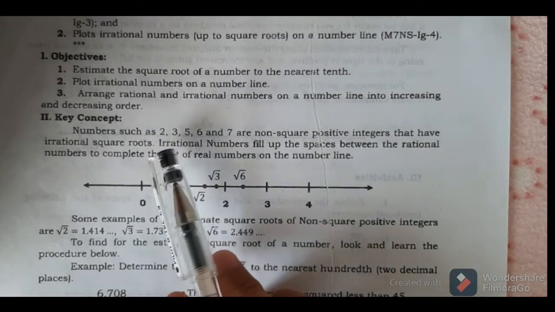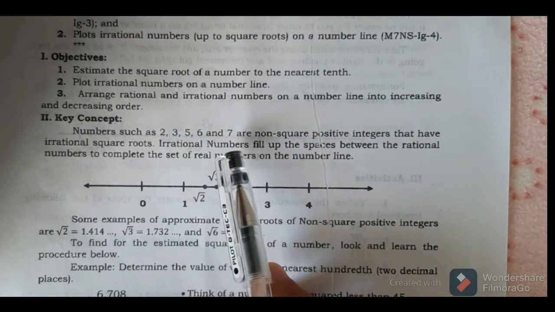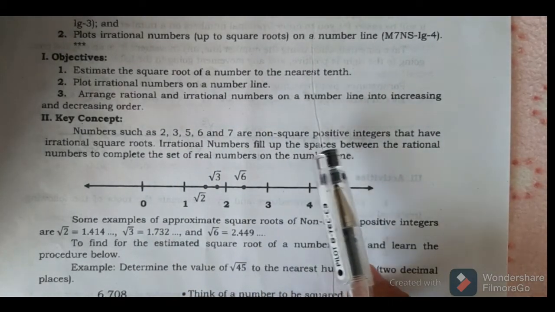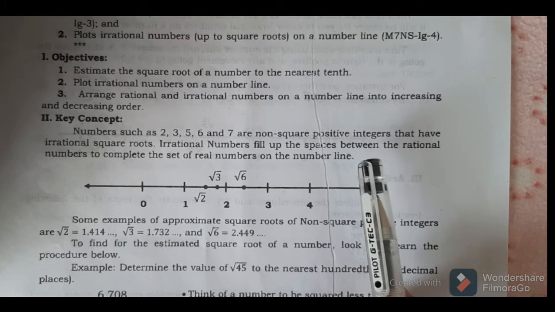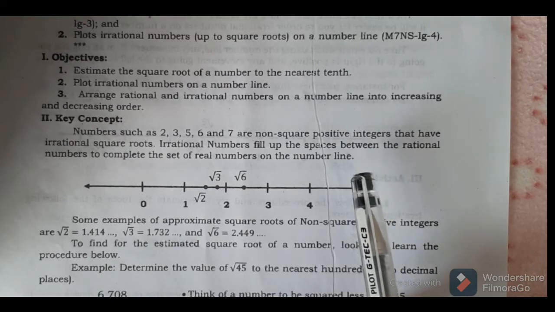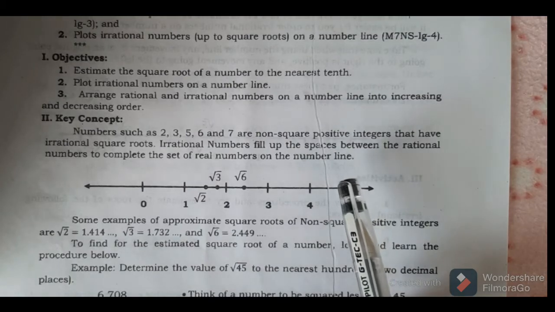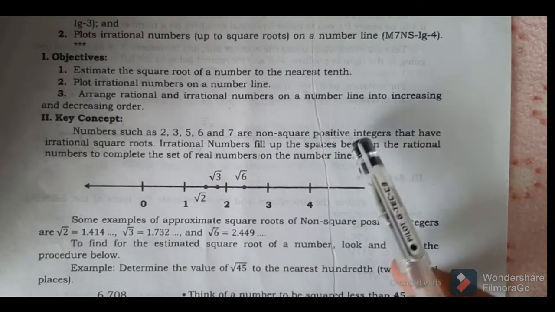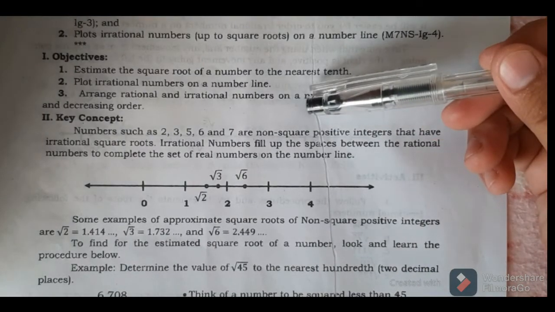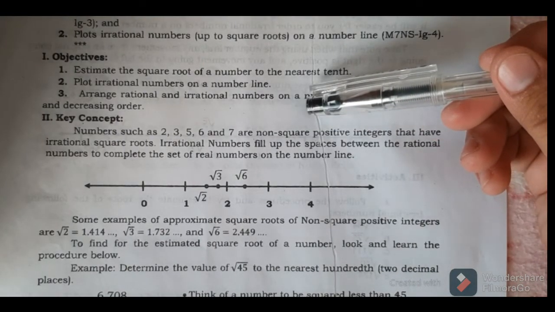So, numbers such as 2, 3, 5, 6, and 7, they are non-square positive integers that have irrational square roots. So, these irrational numbers fill up the spaces between the rational numbers to complete the set of real numbers on the number line. When we said non-square, okay, ito yung mga numbers na